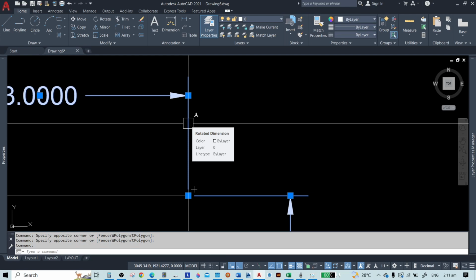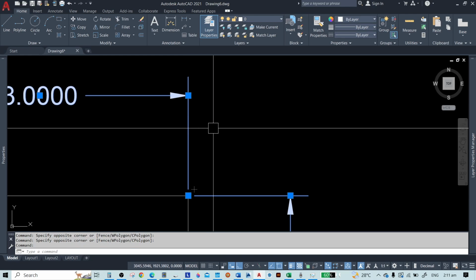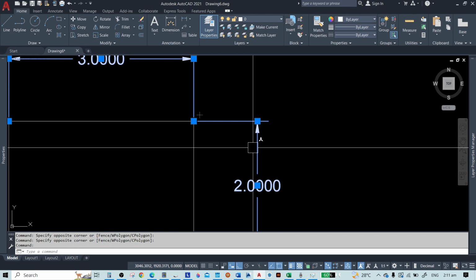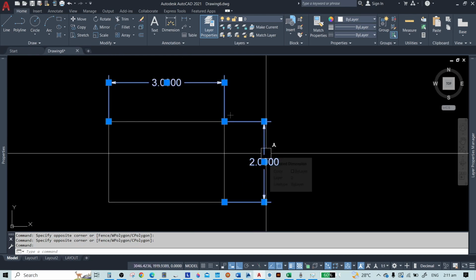If I hover out of the dimension, it disappears. So that means this object is annotative.